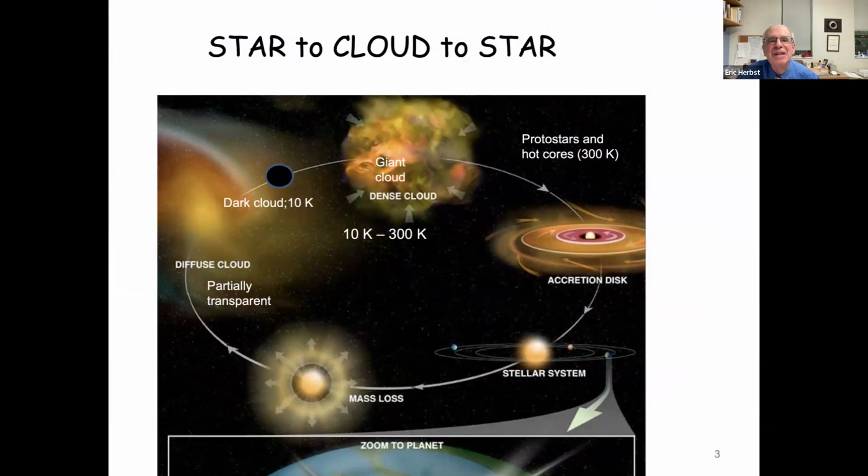All right, so this is a very simple picture that you probably have seen many times, but I include it anyway. We're talking now about a region of what we call interstellar space, in which we have clouds of gas and dust, and we have stars forming, and we have lots of molecules. So let me just go over this picture here.